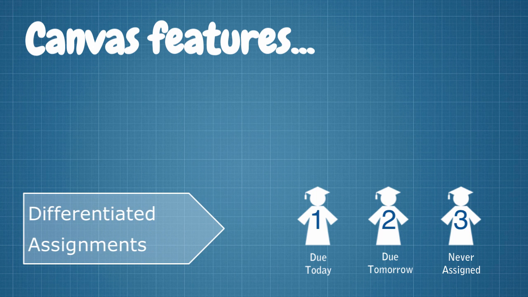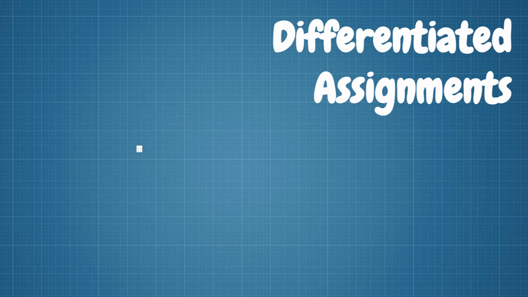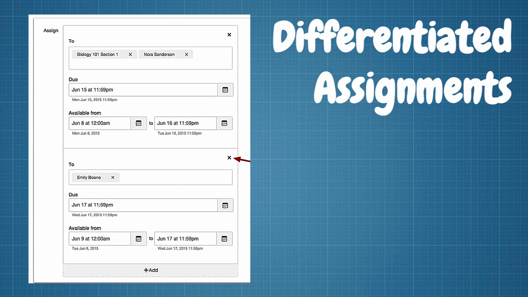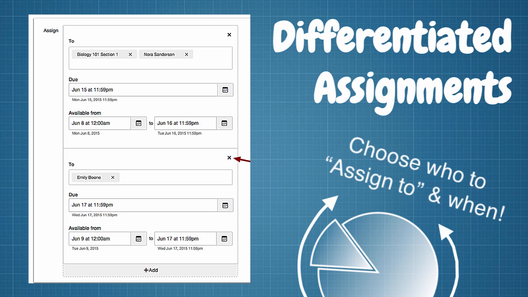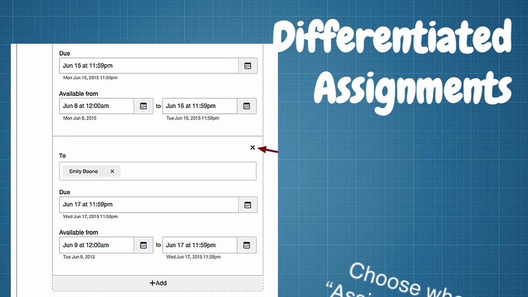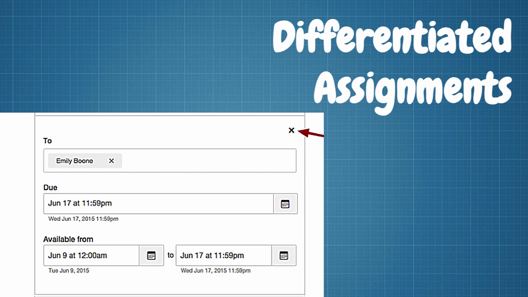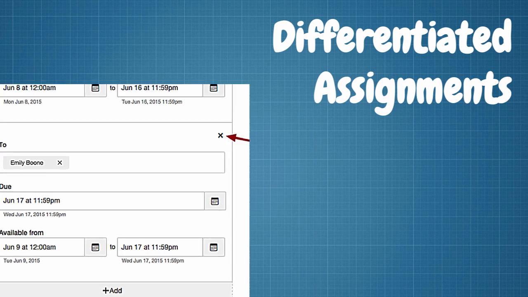Differentiated assignments. Differentiated assignments is a Canvas feature that lets you create assignments, graded discussions, and quizzes, and then assign them to an individual student, a subset of students, groups, or a section within the course. The differentiated assignment feature also allows you to assign the same work with a different due date. You can find the differentiated assignment option in the Assignments, Quizzes, or Discussions areas under the Assign To option. Follow the Canvas guides for details.